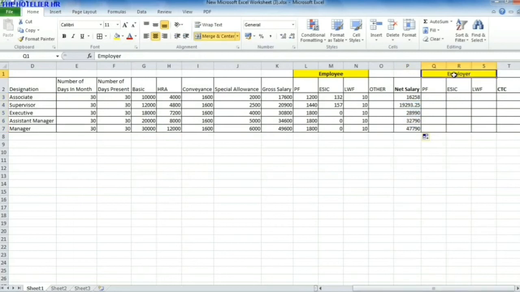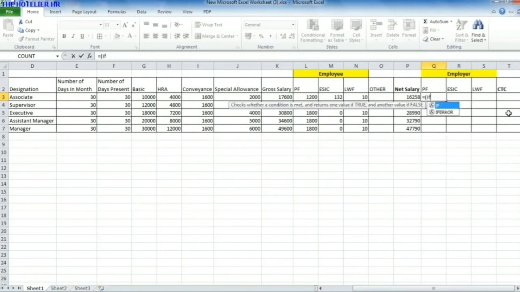The same way we will do the employer part as well. As you know, the employer share is 13%, so we will use the same formula, but we will put a bracket first, then again we will use the IF formula. IF bracket your basic is less than 15,000 rupees, comma basic, comma 15,000 rupees.